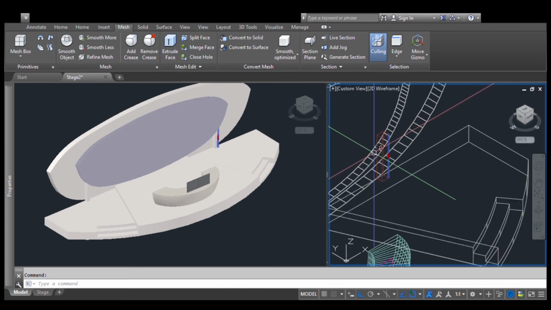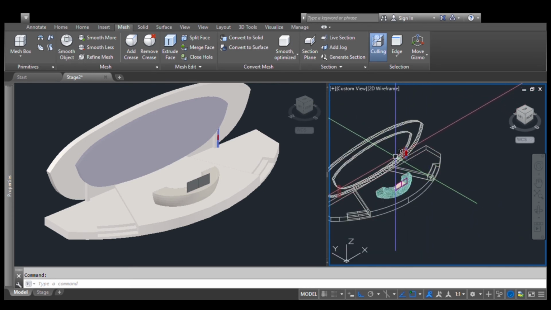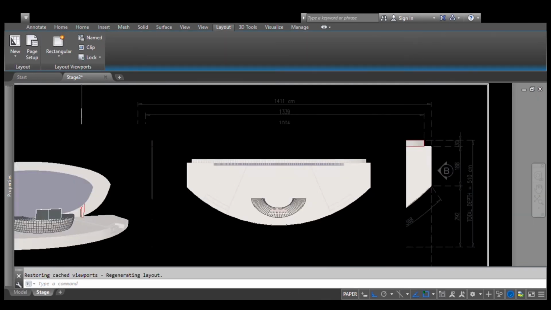Or another option is I can change it in visual style. So I can set the visual style to wireframe or hidden or realistic with edge. So we have so many techniques here in AutoCAD in order for a good presentation, both 2D and 3D. So going back to here,